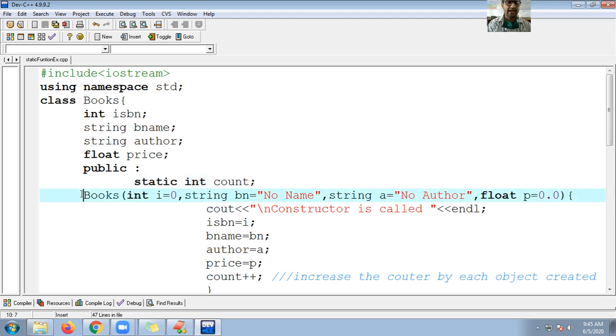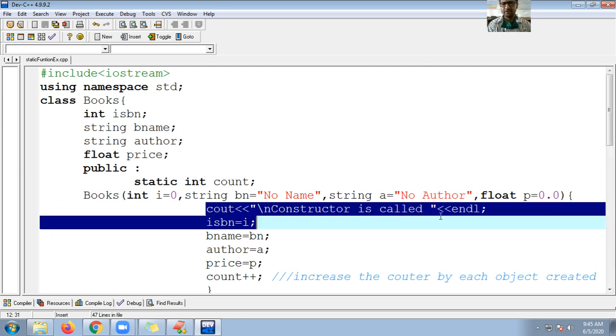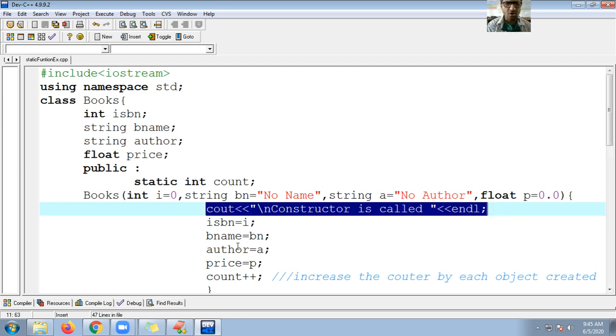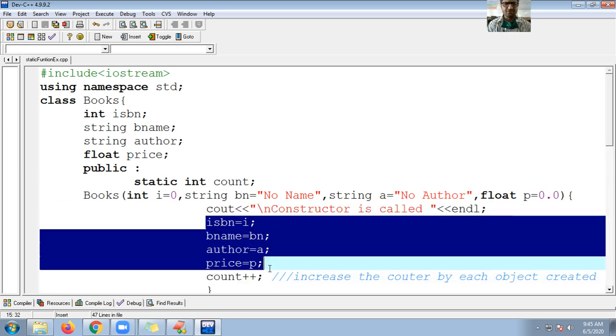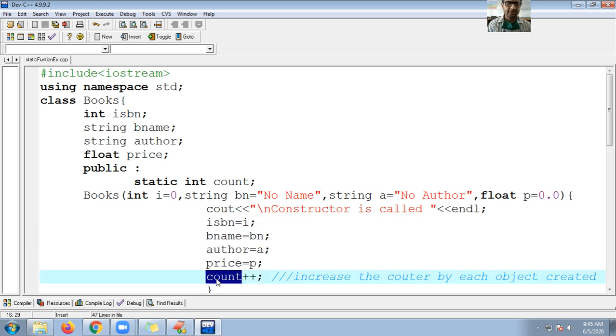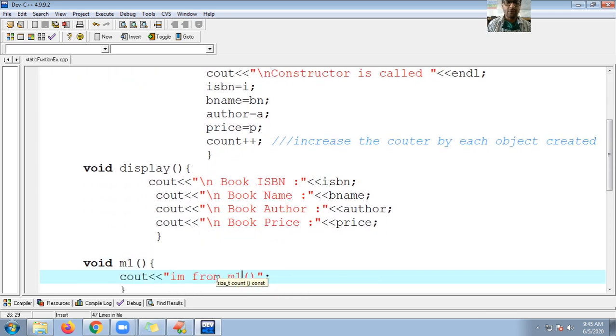Next I create one constructor which takes 4 parameters: integer ISBN, book name, author, and float price. Then I mention one statement: constructor is called, and I initialize all the values. Finally I increment the counter in the constructor. Why? I want to know every time how many objects are created. I want to count.